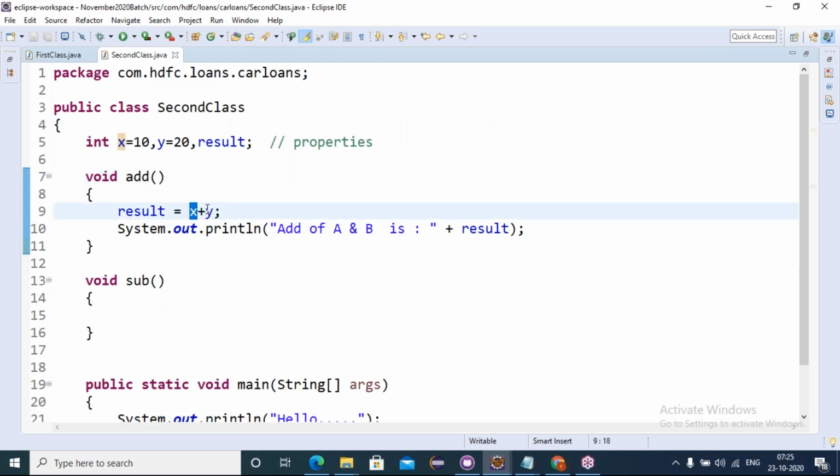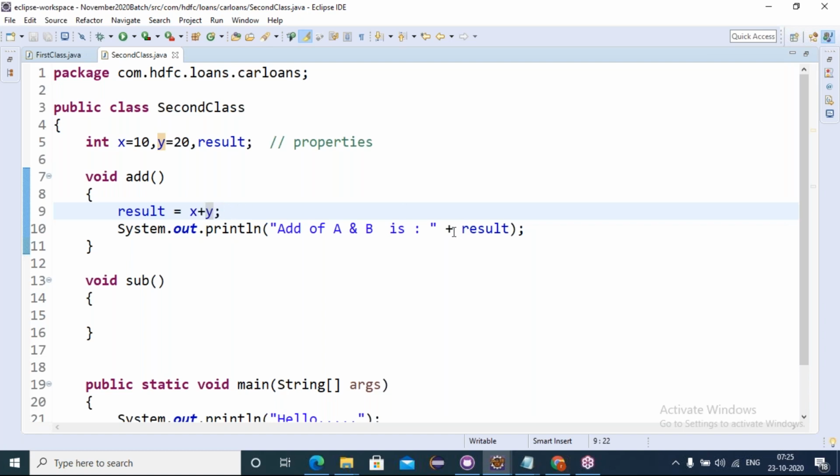Here the x and y variables' data type is what? Integer, right? When the plus operator is used between two number systems, meaning both can be integer, or both float, or one integer and one float, whatever, it doesn't matter. Everything is a number system, with decimal points or without. So when we use the plus operator between two number systems, it does the addition.